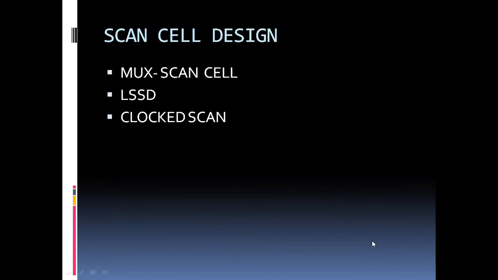So consider the scan cell design. Scan cell design can typically be classified as a mux scan cell, as LSSD, that is level sensitive scan design, and a clocked scan.